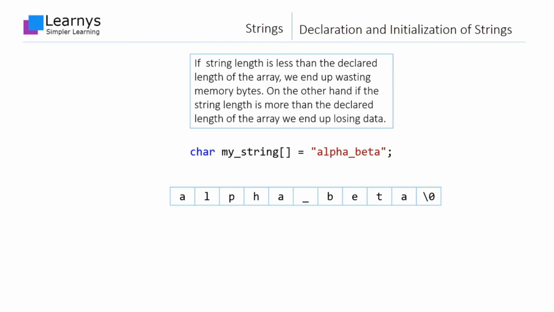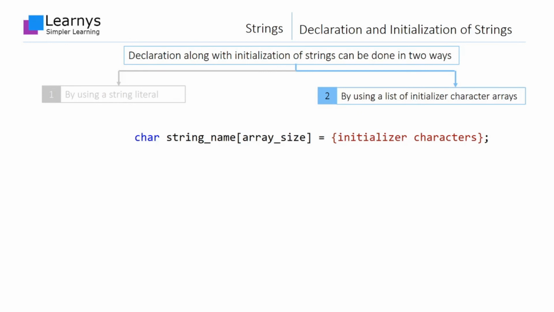We mentioned that while declaring a string, it can be initialized either through a string literal or through a list of initializer characters, and we have just finished discussing the former approach. Let us move on to the latter one. Another method to initialize a string is to use char values directly. Similar to the method discussed in the video covering declaration and initialization of one-dimensional arrays, we declare the array with the character type as before to store strings. The rules governing array size are the same as those applicable to one-dimensional array initialization. For details, please refer to the relevant video on one-dimensional arrays.